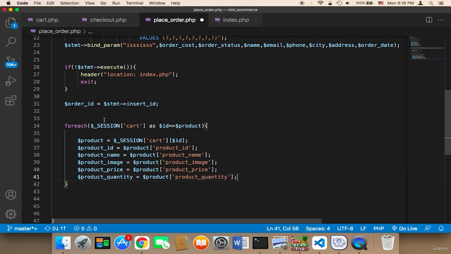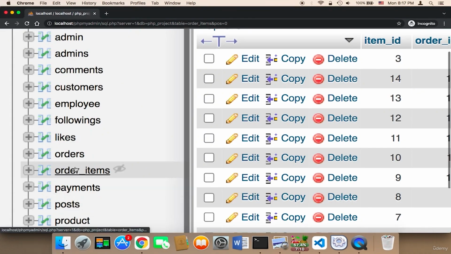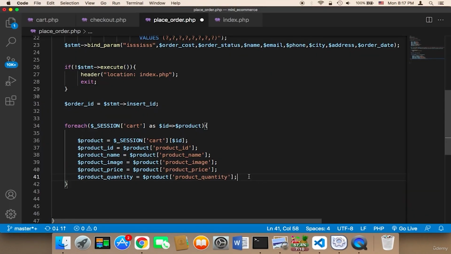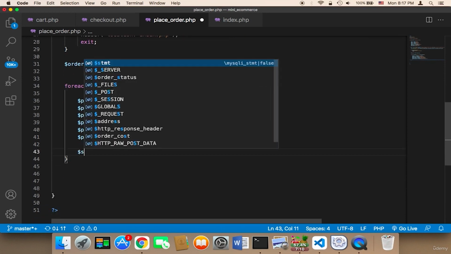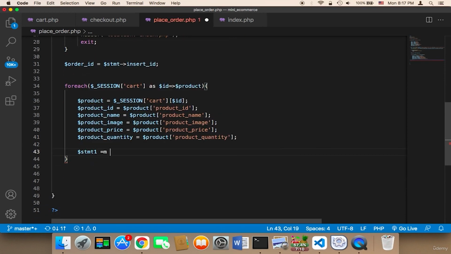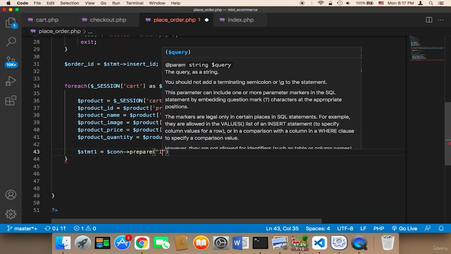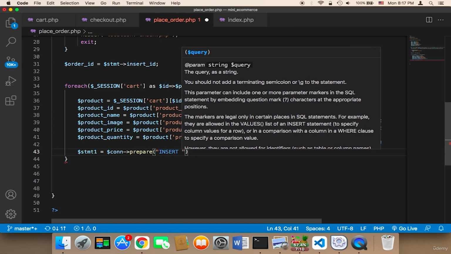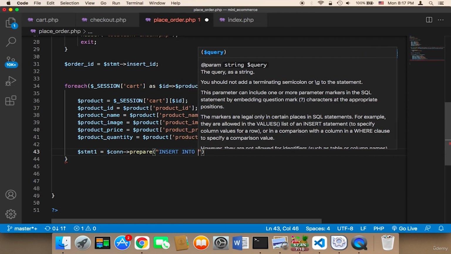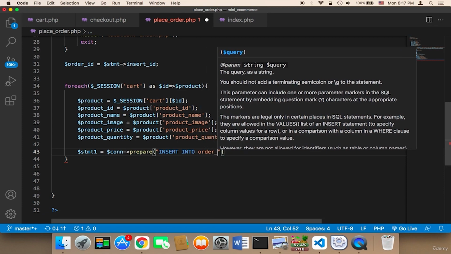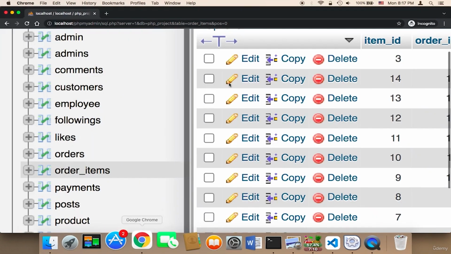After this, we need to insert each single product that has been stored in the session into the order items. So the order items would contain all items that the user added to the cart. So here I'm going to say statement 1 is equal to con, and then prepare, and then insert into what? We need to insert into order items,